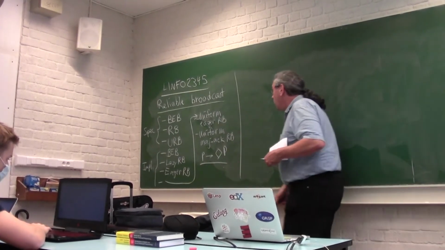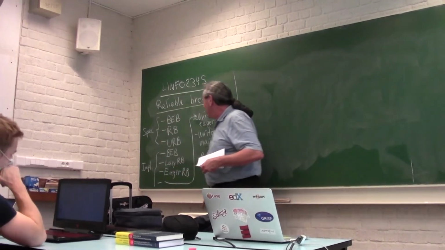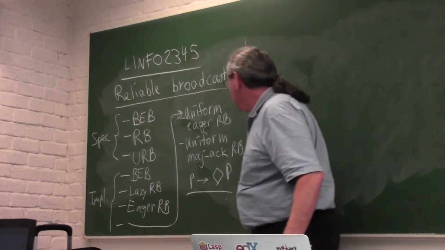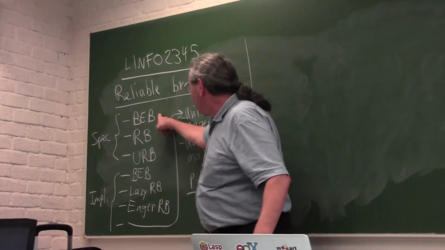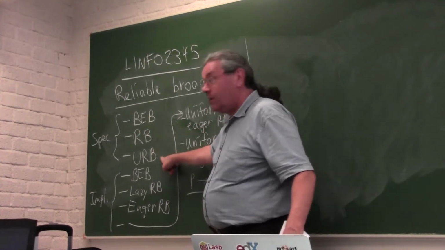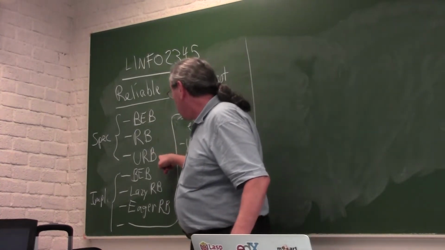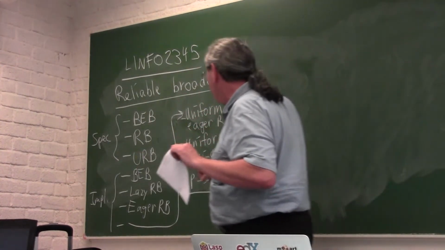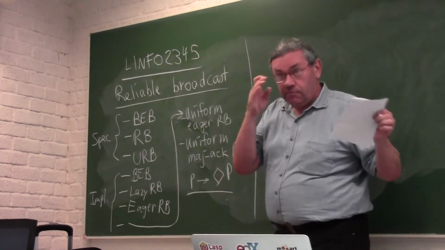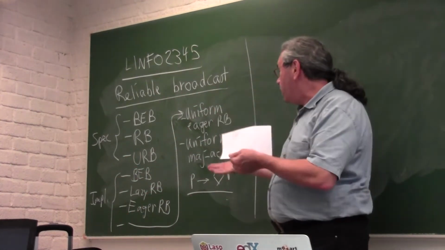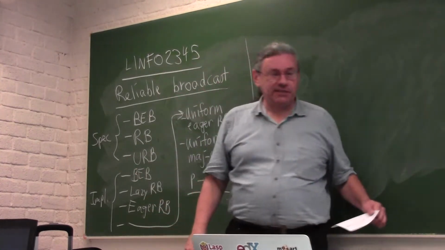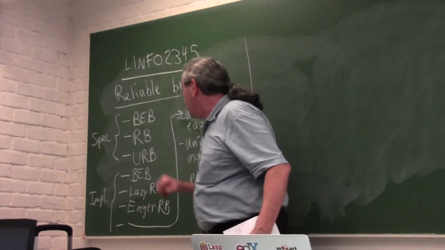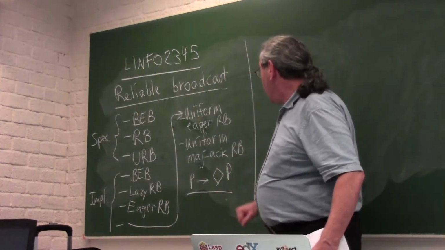What I'm going to talk about first is specification, how to say exactly what we want, and then I will implement all of these. So this is best effort broadcast, reliable broadcast, uniform reliable broadcast. There's this concept of uniform that I will introduce today. Many distributed algorithms have a regular version and a uniform version. That's kind of special. Uniform is about failed nodes, so I'll explain what that means. And then we'll show the code.